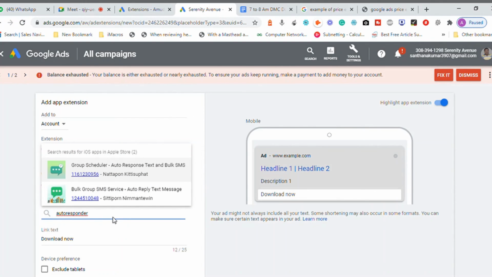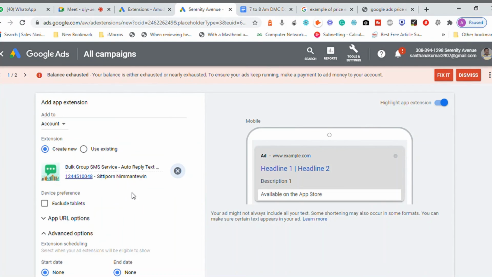There's something called group scheduler, where you send bulk group SMS. That's really nice. Let me say you have 10 to 15 groups created in WhatsApp, and you can only send a message to 5 groups maximum. Now when you install an application like this that helps you reply to messages automatically, obviously it is paid. So let me say I'm selecting this one under the iOS application.